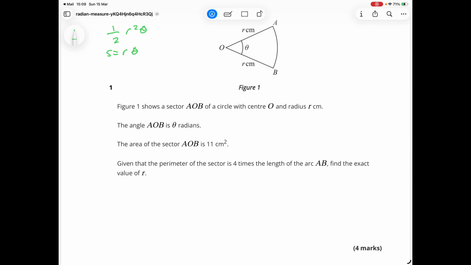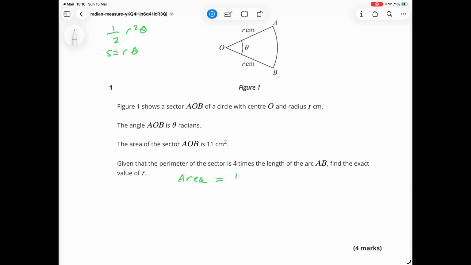Look, figure 1 shows sector AOB with centre O and radius r. The angle AOB is theta radians, and the area of the sector is 11 centimetres squared. Given that the perimeter of the sector is 4 times the length of the arc AB, find the exact value of r. Okay, so we know the area